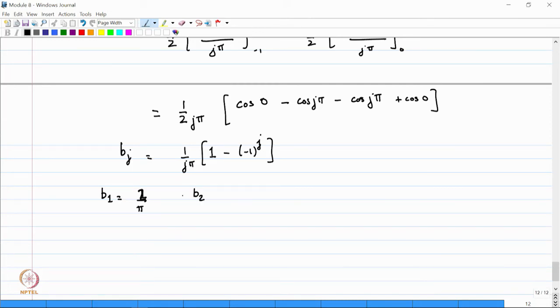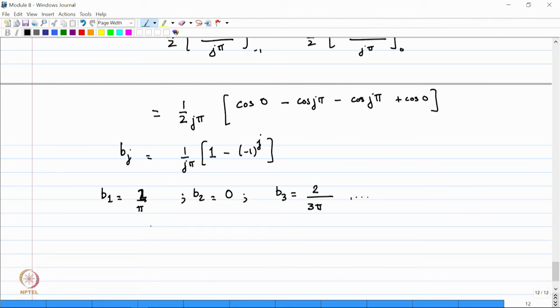B 2 equal to 0. B 3, again I get 2 divided by 3 pi,